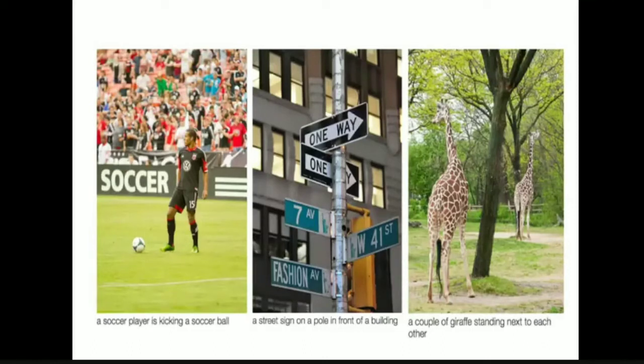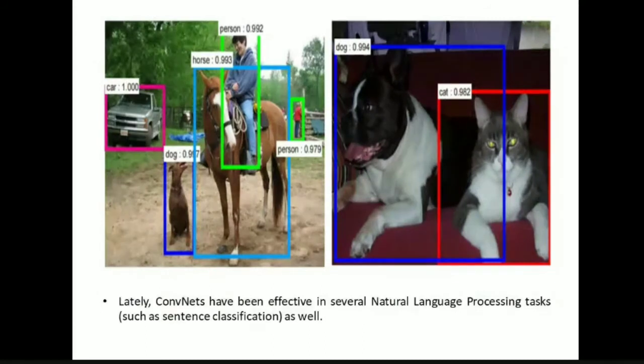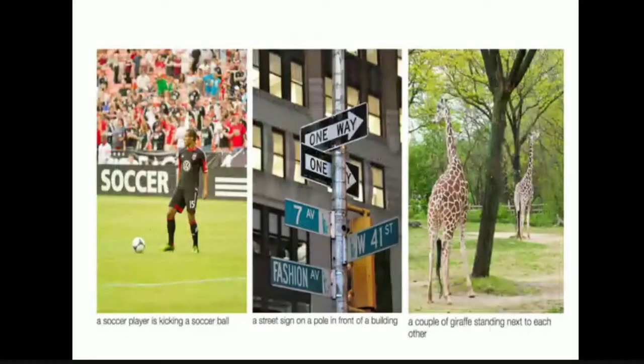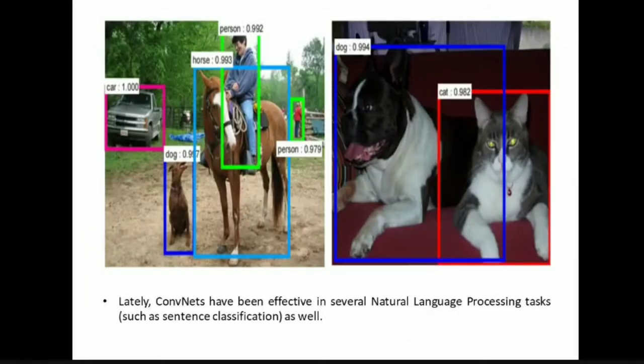We'll be discussing later. Okay, so these are the captions generated by the convolutional neural networks after giving these images. Okay, so let us see the next image. If you see in this next image, this convolutional neural network is able to identify the objects in a given image. This one is not about generating a caption, but about identifying the objects.